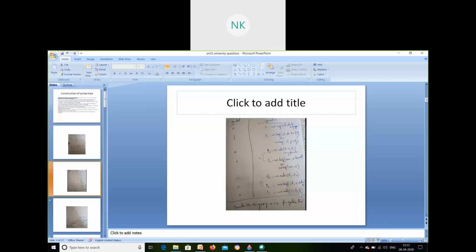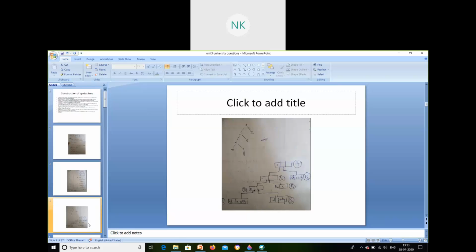Now after which I've considered this. Now I have to draw a syntax tree for the given expression x into y minus 5 plus z. So how do we draw the syntax tree? From bottom to up, that is how we will be drawing. If it's a parse tree, we will be drawing from top to bottom. Correct? So here we will be evaluating from down to up.